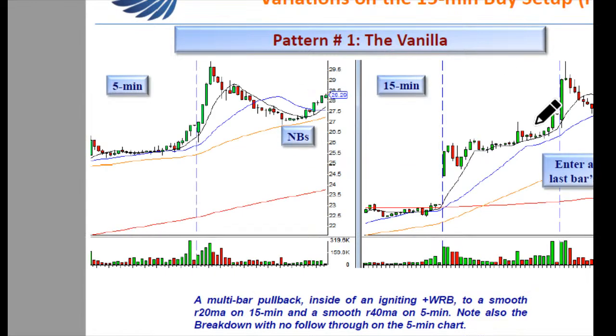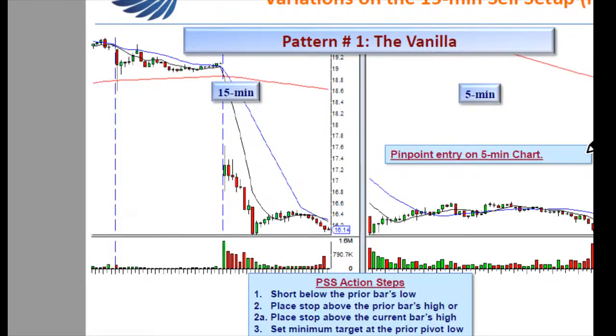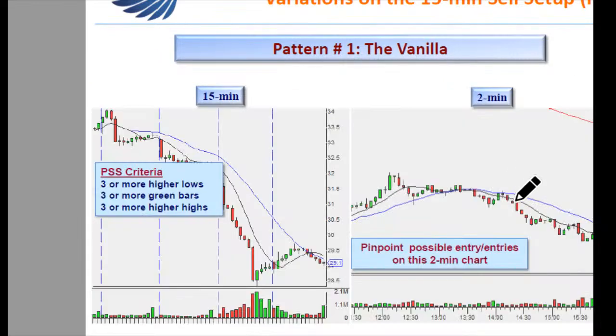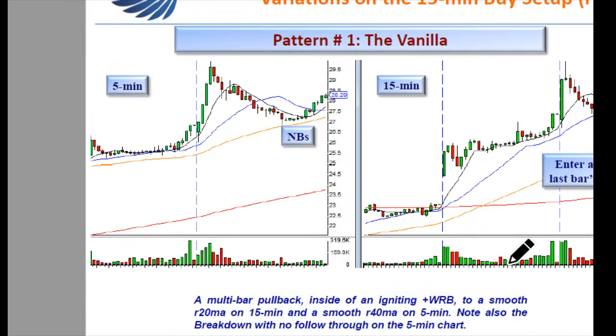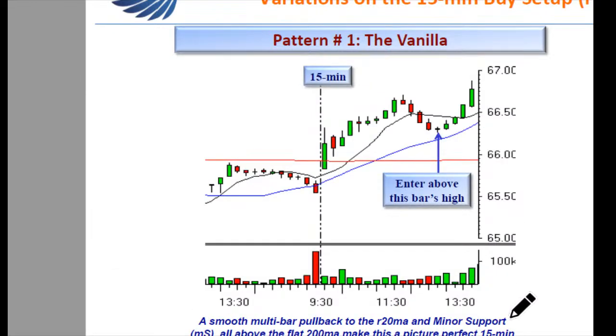But more often than not, the setup that you find on whatever time frame is not going to look perfect. It's going to be a little too deep. It's not going to look perfect. It's going to be a little too shallow, meaning it didn't rally enough. It didn't reach the 20. It maybe retraced only 1/3. So how do you do it on the first entry? No, you don't. But if you're not sure whether it should be played on the first entry or not, then what I suggest you do is